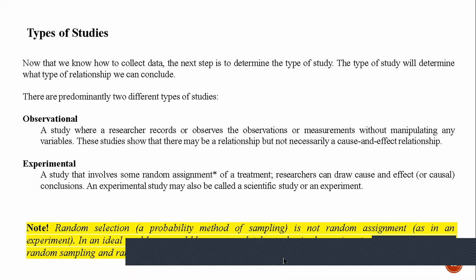There are predominantly two different types of studies. One is the observational study and the other is the experimental study. What are the differences between these two? An observational study is a study where a researcher records or observes observations or measurements without manipulating any